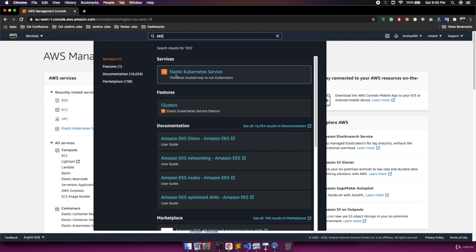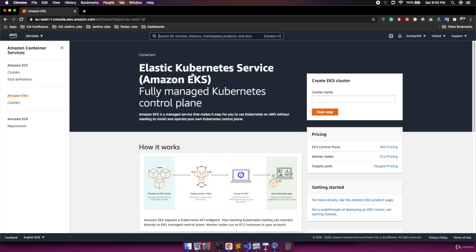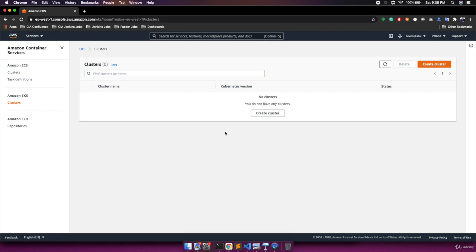You can see we are getting the Elastic Kubernetes Service. I will click on it. And right now, no EKS service is running. If we go to the clusters over here, you can see no Kubernetes cluster or EKS cluster is running